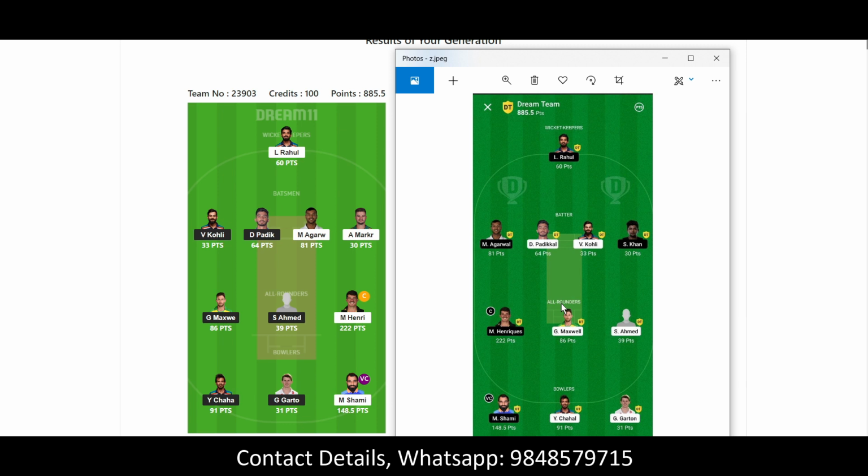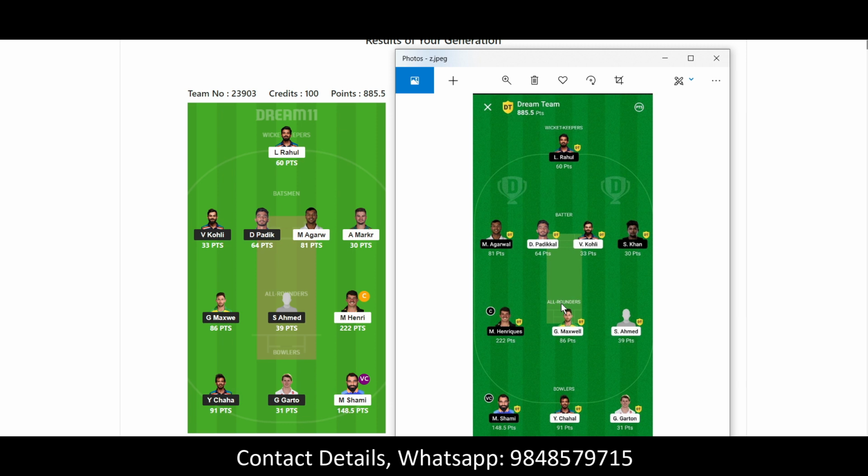It is not like you have to create 25,000 teams to create the dream team combination. Many of my users have got the dream team combination sometimes even with lower teams, for example 100 teams or 50 teams. Some of them have got some good ranks. So it is not like you have to create 25,000. I am just making this video to entertain, and to check whether the software is able to create the dream team combination.